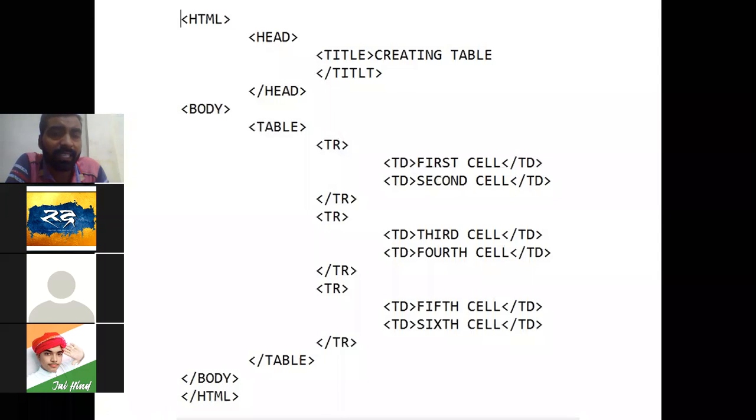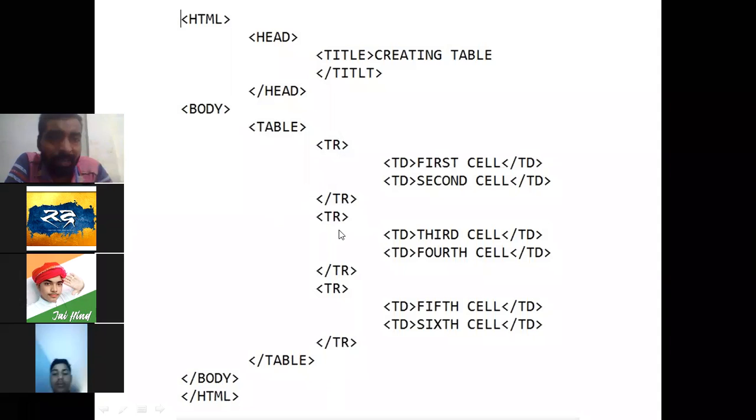When the first row finishes, after that we start the second row. We start another TR tag, that is the second row, with other TD tags. So rather than explaining here, let me proceed, and then I will show you the live practical.